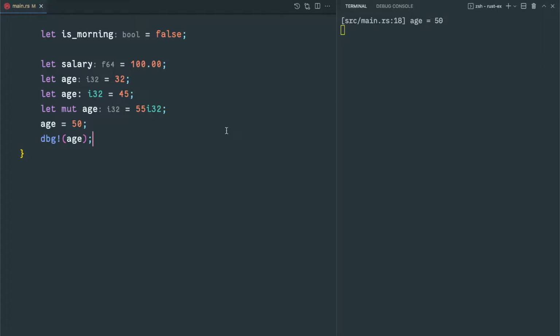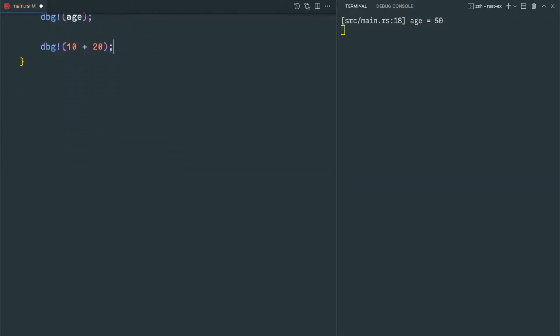And if you debug the information, here you can give a equal to 50. I feel much more comfortable with the debug. I no need to write the variable name. In println, you have to write the variable name equal to curly bracket. This is a little bit verbose, and this debug macro is a little bit simpler. And you can use all kinds of